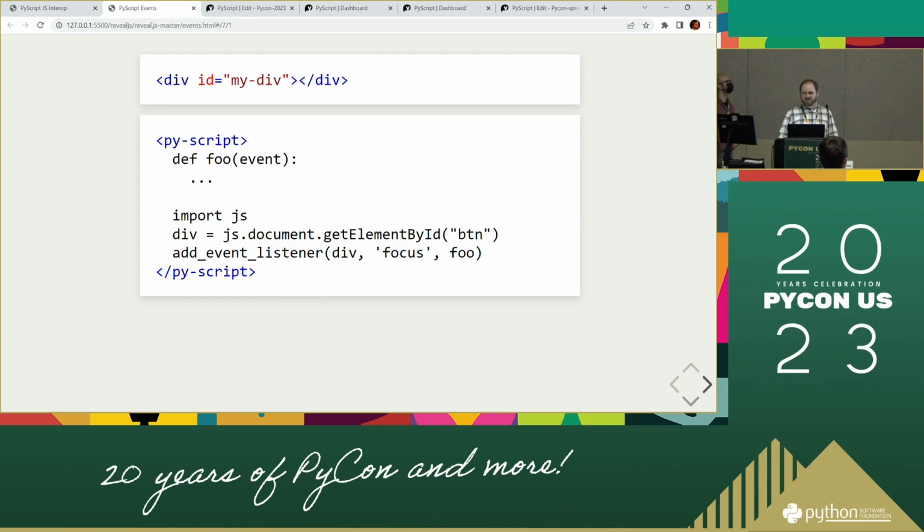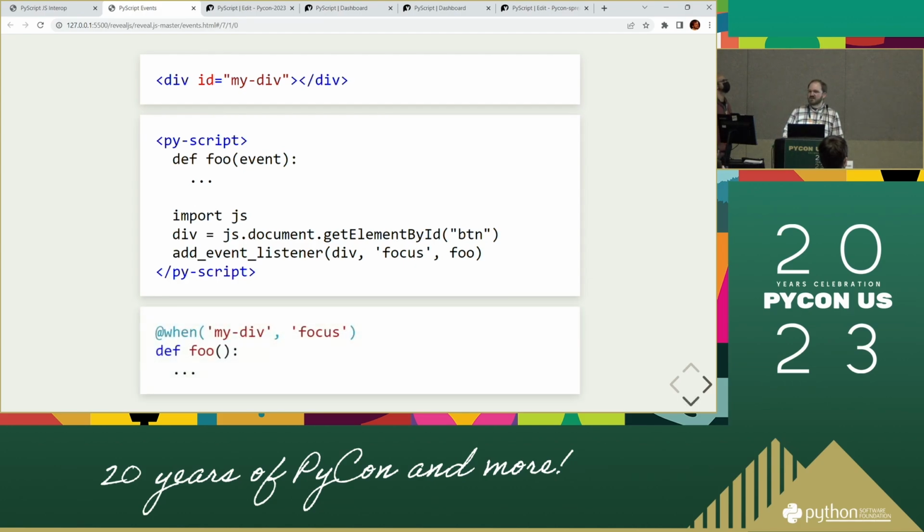If we are writing a function, we say, I have this behavior for this function, and separate from the behavior of the function, I want to define the context in which it runs or add some behavior to it. And that syntax is a decorator, right? So we're adding the @when decorator to PyScript. This will be, I believe, in the next release, which is just a simpler way of writing